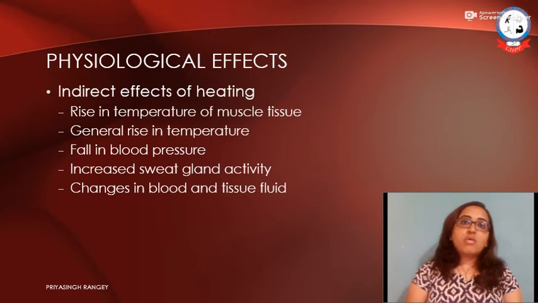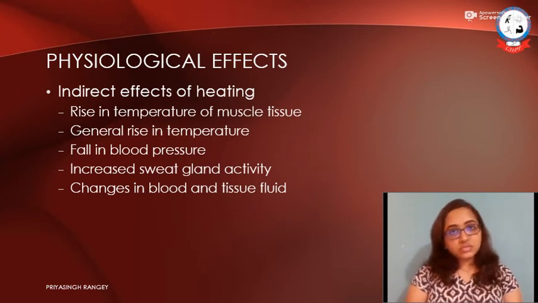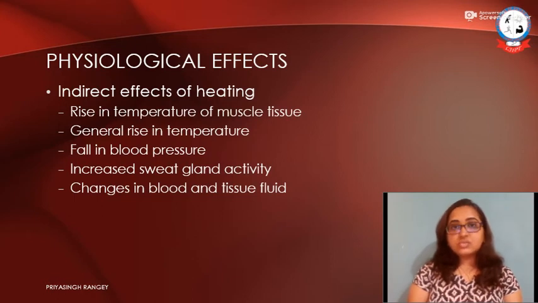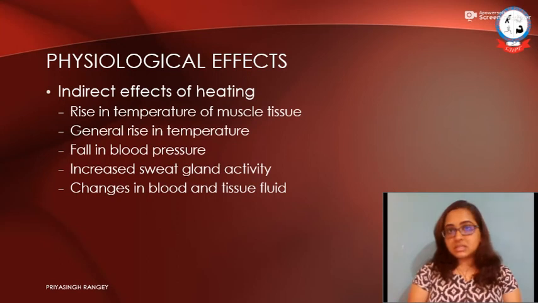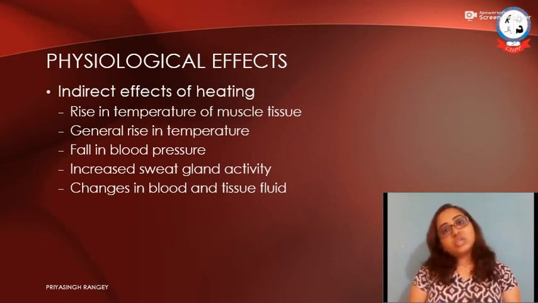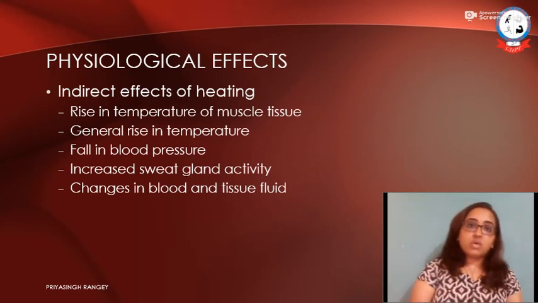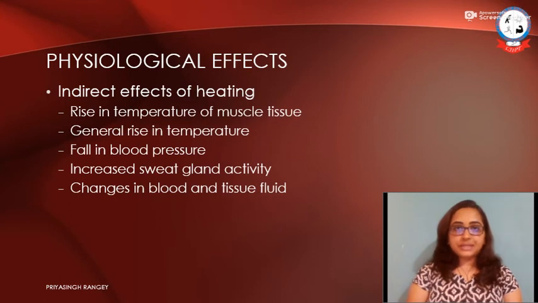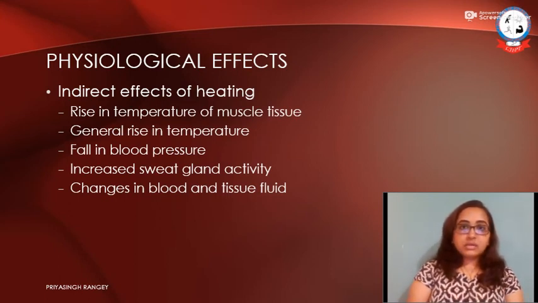There is also a fall in blood pressure because of the reduced viscosity, the increased vasodilatation of the tissues, the increased blood supply. There is a reduction in the peripheral resistance that is present. This reduction in peripheral resistance causes a fall in the blood pressure. The fourth indirect effect of heating is increased sweat gland activity. Because of a direct impact of